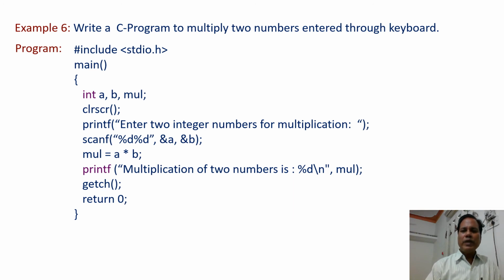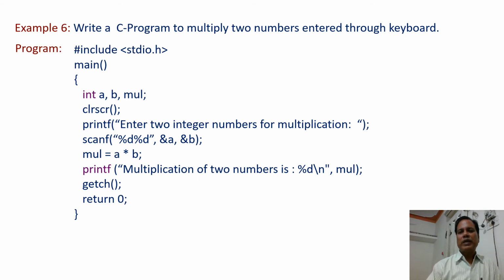And we include the printf statement before the scanf function that is used to get the two numbers from the keyboard. So the printf statement is written just to display a message on the output screen about what is expected by the program: enter two integer numbers for multiplication. After displaying this message, the compiler waits for the input data as we are using the scanf function. So here the cursor blinks at this point after the colon.